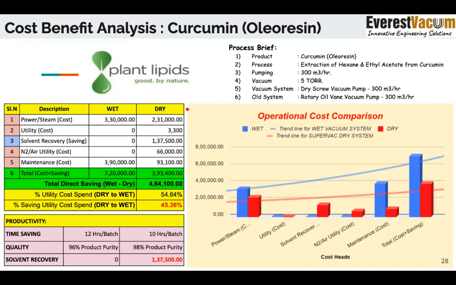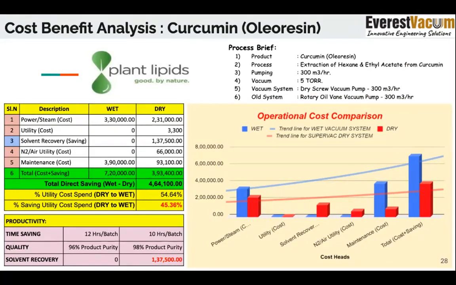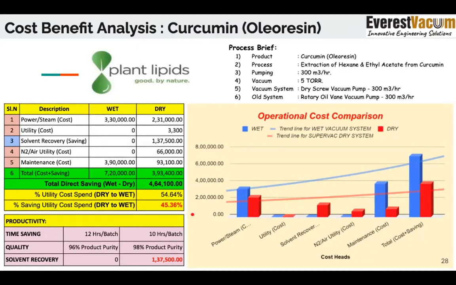Because the size of the pump is too small, the savings that the customer gets in terms of monetary value are only 4.64 lakhs. But in terms of percentage, he is able to save almost 45%. So that is the amount of difference or trend that you can see. If you have say 30 or 40 pumps installed in one installation, the amount of money that you can save by just making one decision of shifting from wet technology to a dry technology,